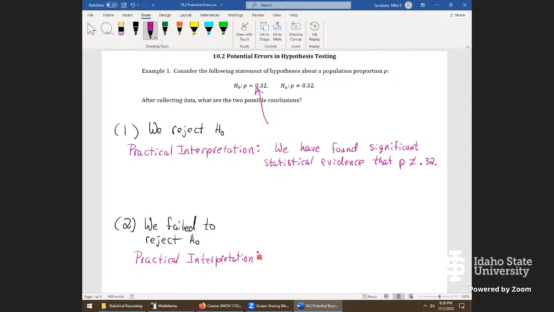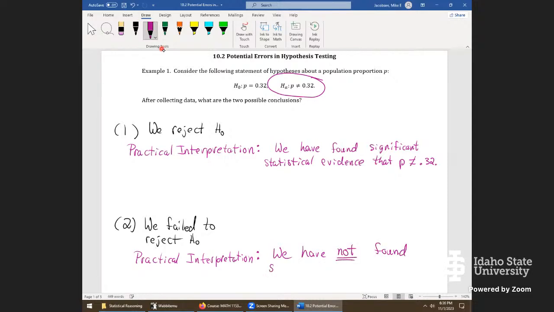In fact, the very first step when we run through the procedure of the hypothesis test is you assume that's true from the beginning. Then you find out how compatible your actual data is with that assumption and give a probability to it, which we'll call a p-value. So the very first thing is you assume that's true, just like in a court of law. So instead, we still focus on that statement, and we'll say for our interpretation, we have not